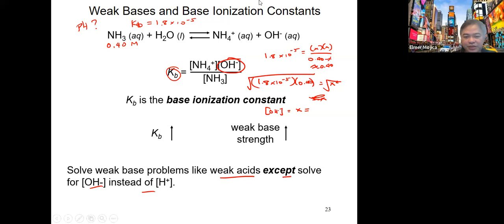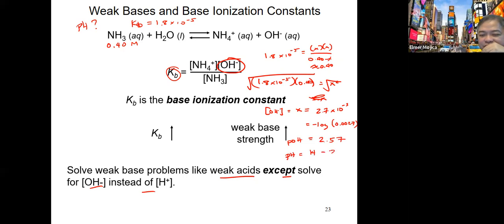Is that what you get? 2.7 times 10 to the negative 3. So you have to get the negative log of that. That is equal to what? The pOH. What is the answer? 2.57? Is that the final answer? No, because that's the pOH. So the answer would be